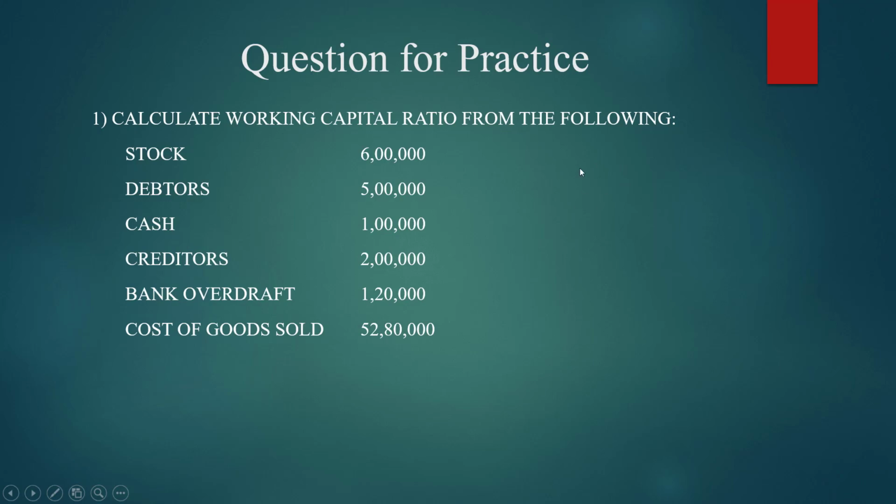So in case in the question sales value is not given, then you can take the value of cost of goods sold. So the formula will become what? Cost of goods sold divided by working capital. In this question, specifically, there is no sales value. So if sales value is not there, you consider this cost of goods sold as the sales value. The formula will be cost of goods sold divided by the working capital. Hope you can practice this well.